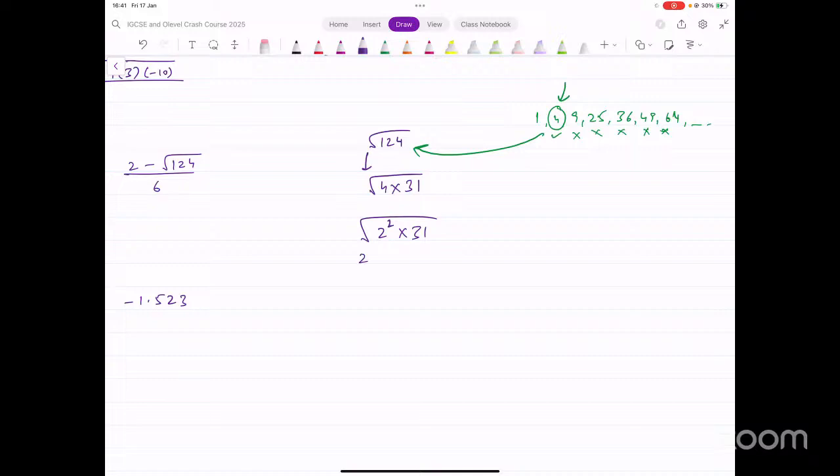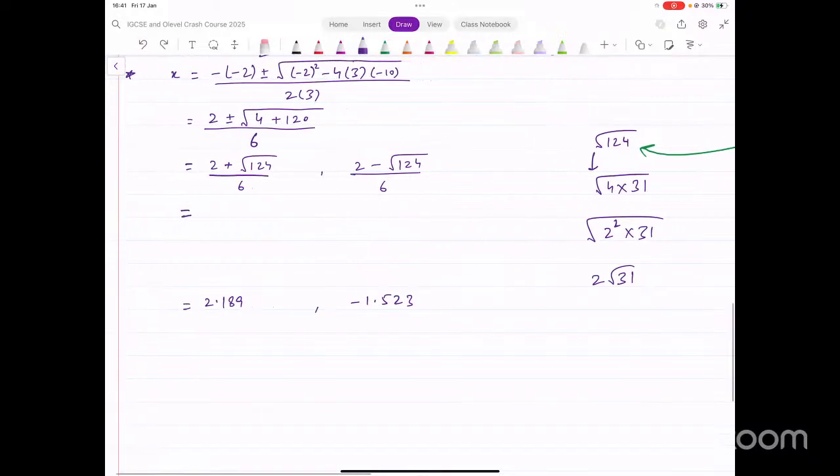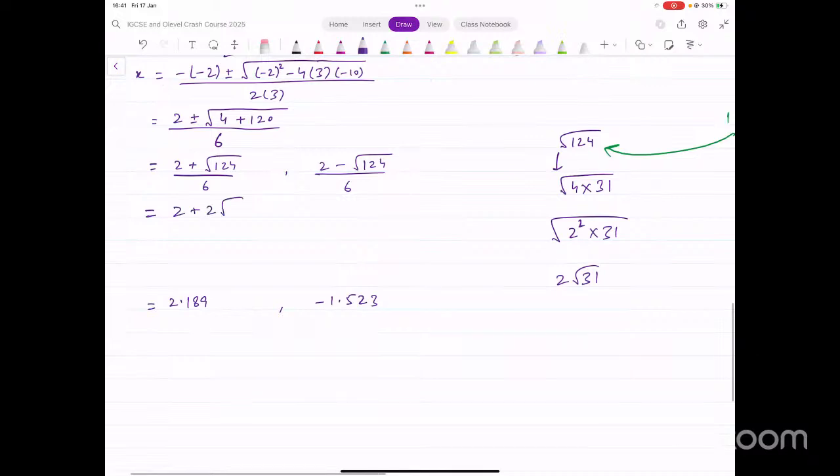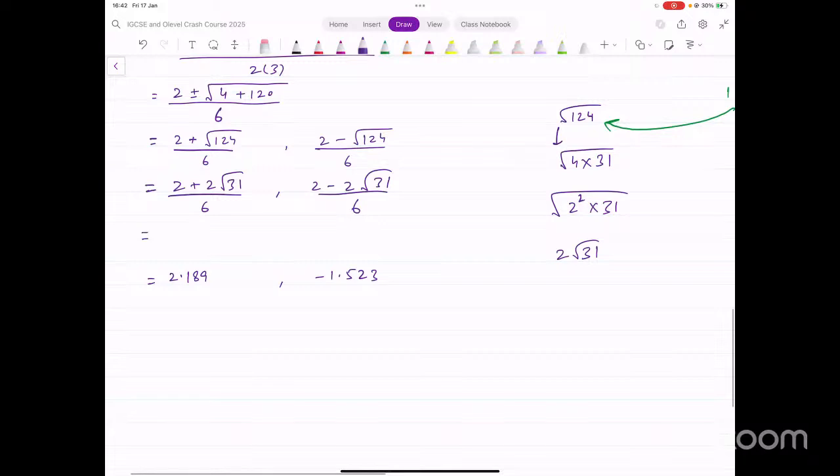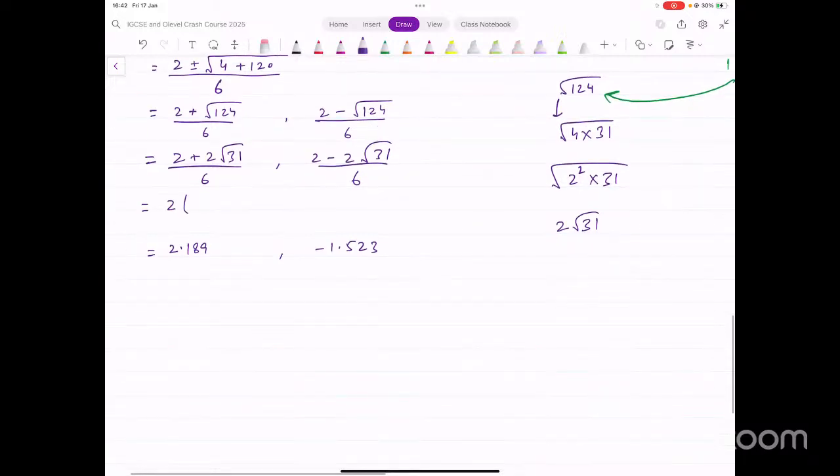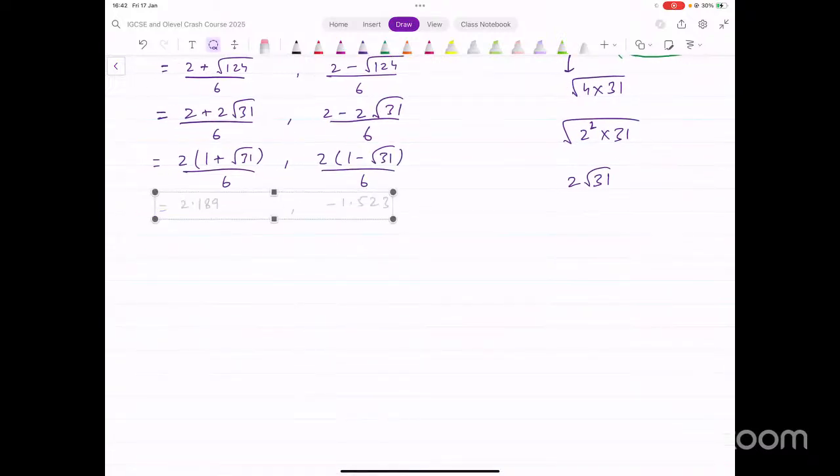And we can write 2 outside so that it becomes 2 times square root of 31. So that means we can simplify square root of 124 to 2 square root of 31, so that it becomes 2 plus 2 times square root of 31 divided by 6, and this becomes 2 minus 2 square root of 31 divided by 6. And now you can take 2 common from the numerator, so it becomes 2 times 1 plus square root of 31, and 2 times 1 minus square root of 31 inside the bracket, divided by 6. Now 2 and 6 can be cancelled out, and they give you